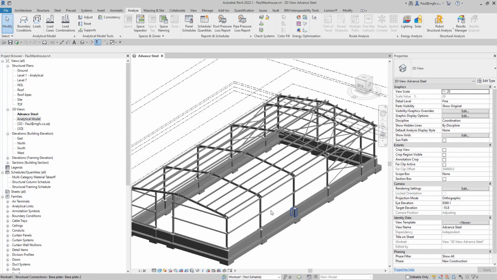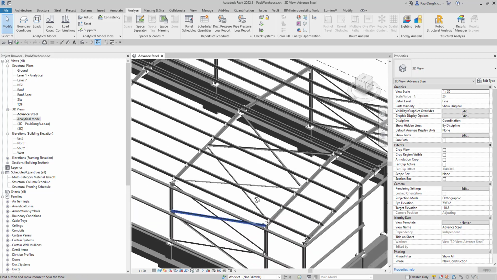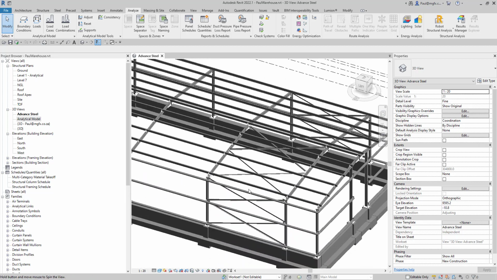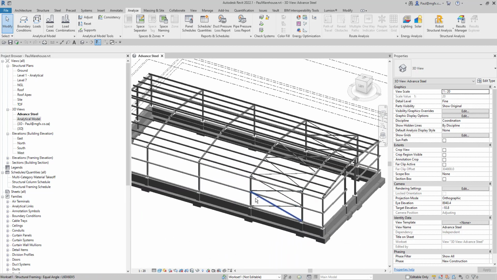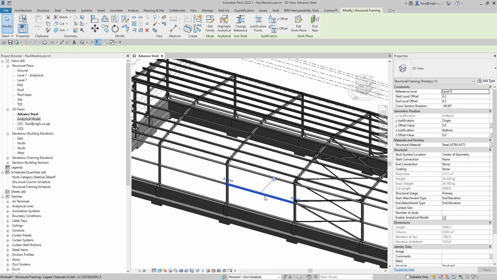Alright, so while you've got this open, let's see if we can get the Revit model to update. So looking at our structure, we've got this cross bracing on the right hand side there. And let's see what happens if we get rid of some of them. Let's say we get rid of this member over there. If we delete that member,